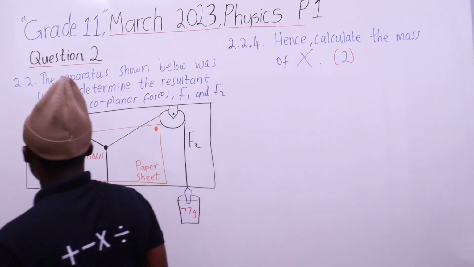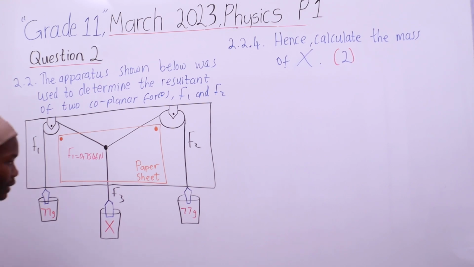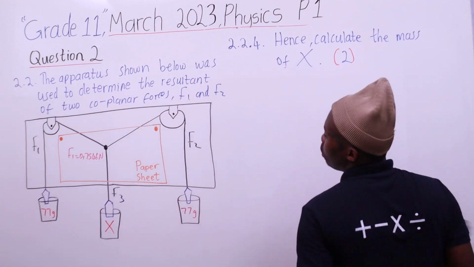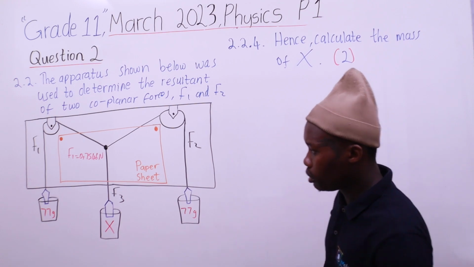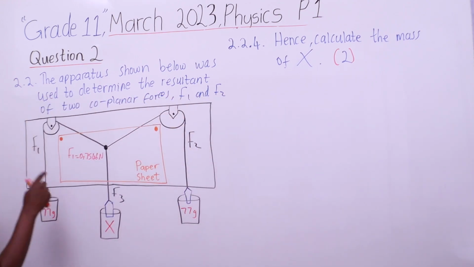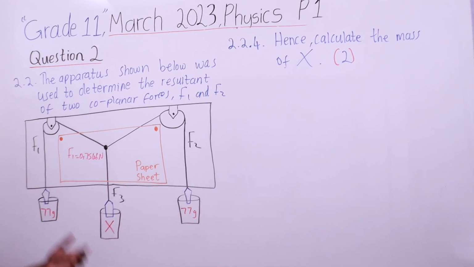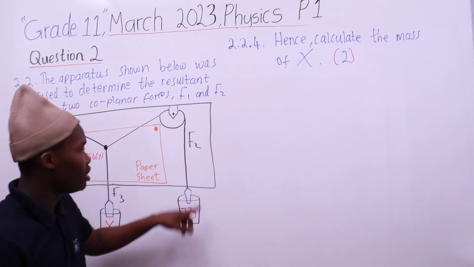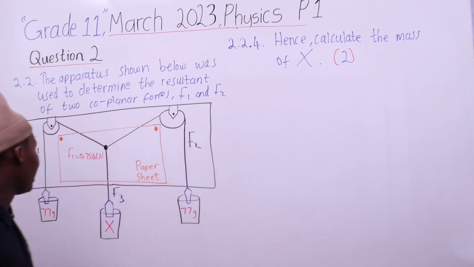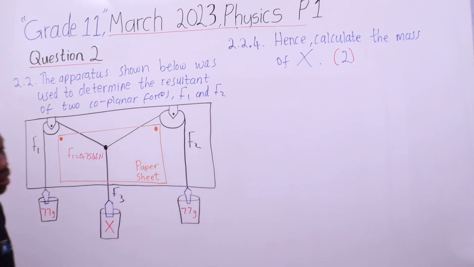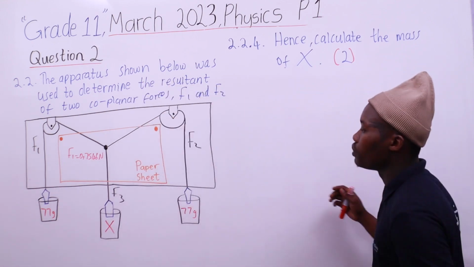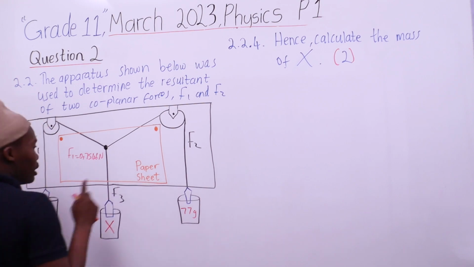Alright, so mind you, calculate the mass of x for 2 marks. Let's find the mass of x, it's 2 marks. So remember, force 1 is 0.7546, and then force 2 will be equal to that one, equal to the other. Why? Because the weight there will be equal to this force there, and that weight is the same as the other. So the mass of this is very small, but okay, since it is balanced, what you do is